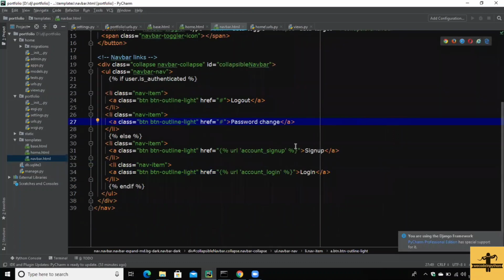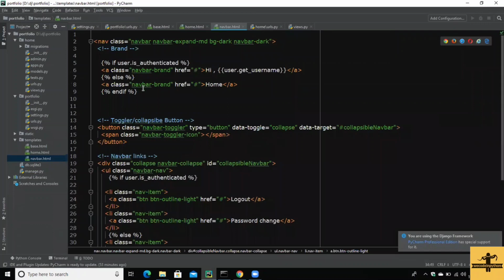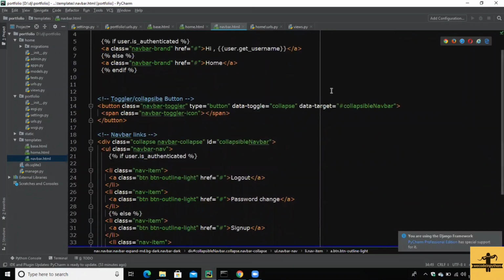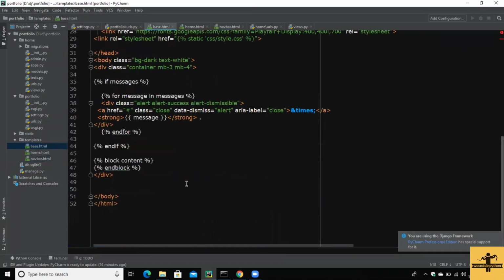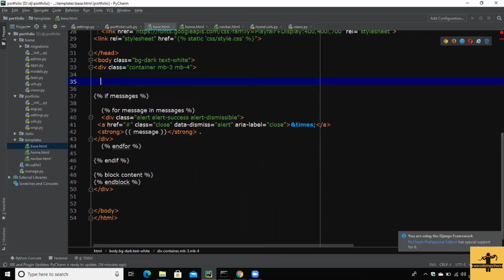Otherwise we will have this sign up and login button, and just make it slash for now. So this is our navigation bar. This is how it looks. So in the base file we have to include that navigation bar. After this div, I'm just having include navbar.html,